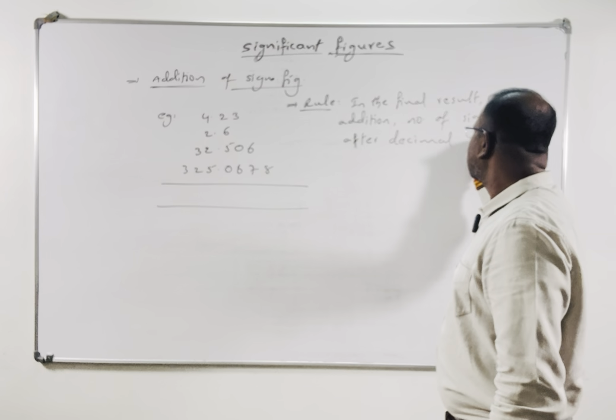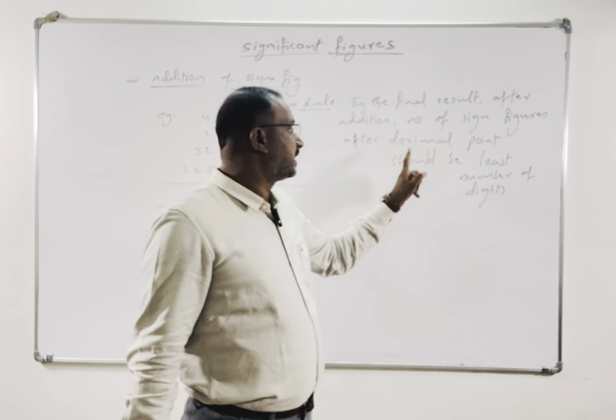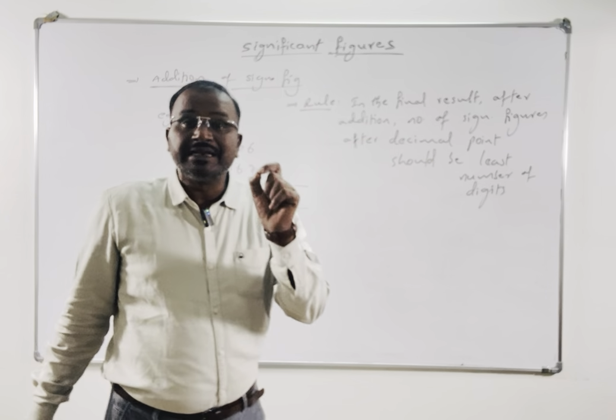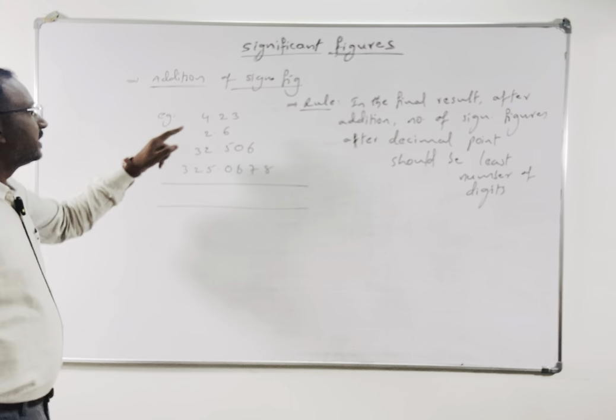Before decimal point, whatever the number of digits may be, that is okay, but after decimal point, the number of significant figures should be least. Means here